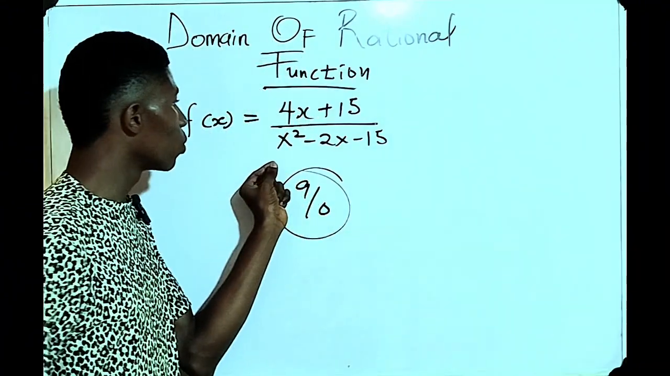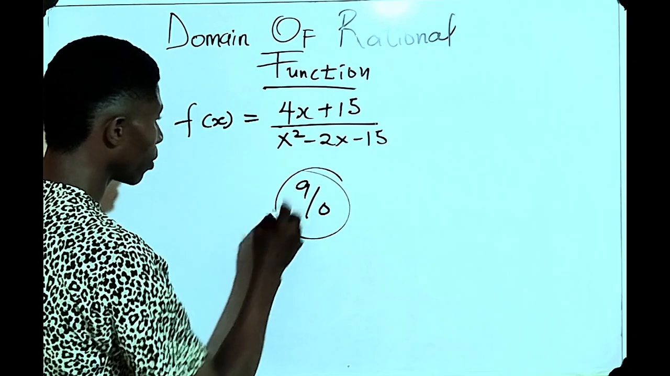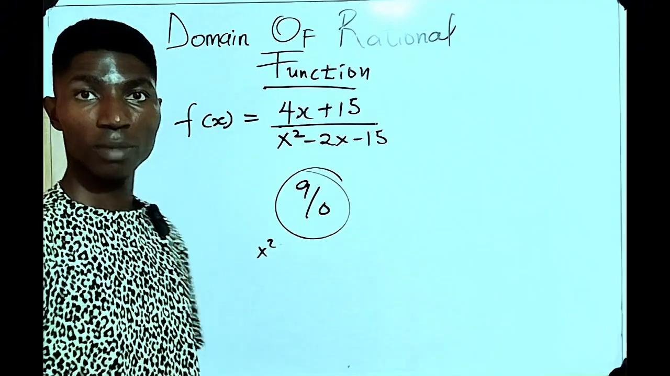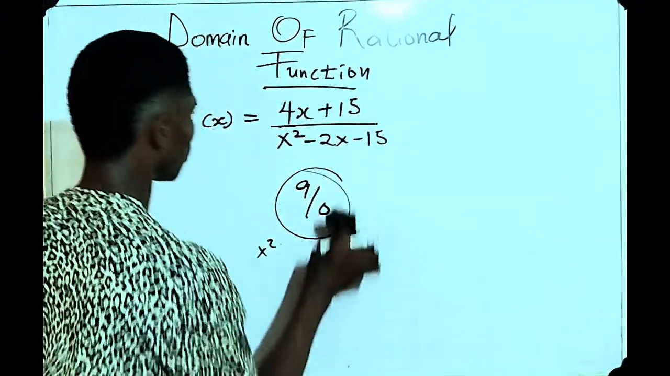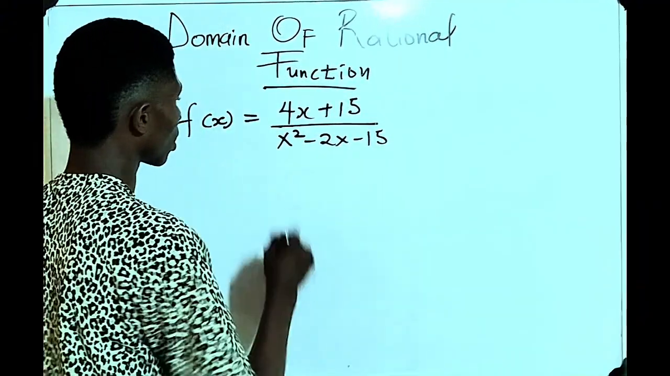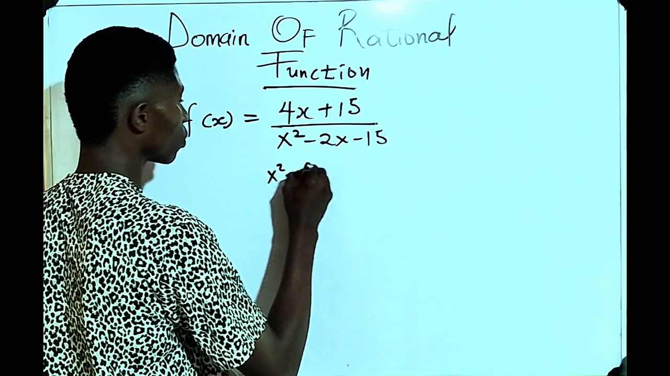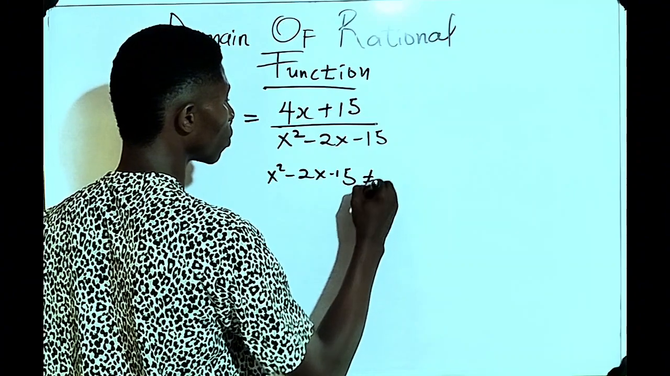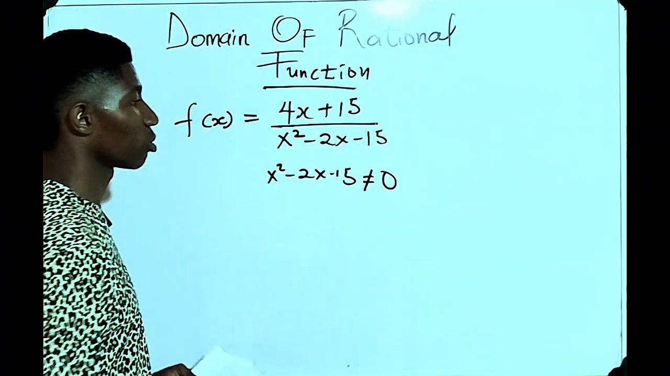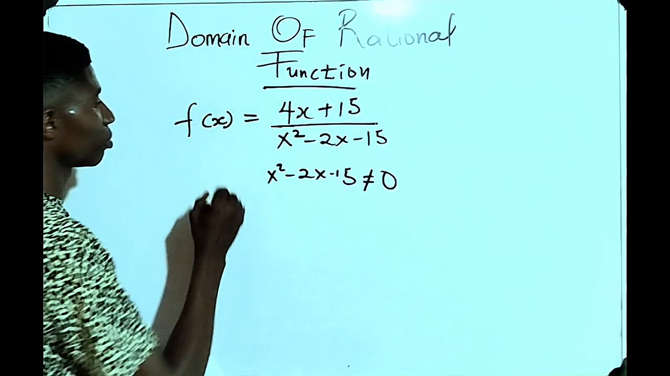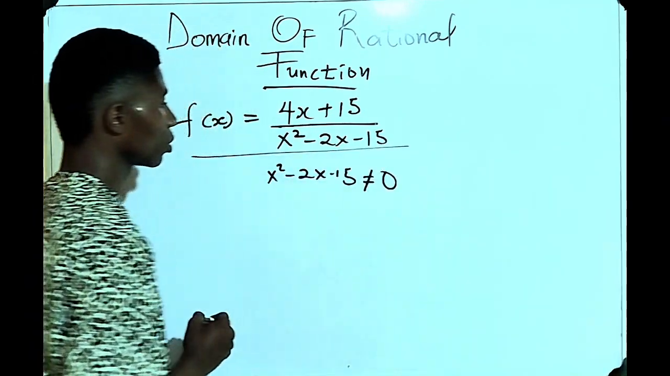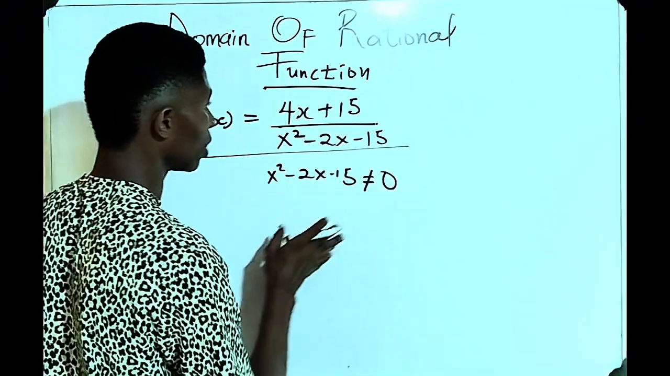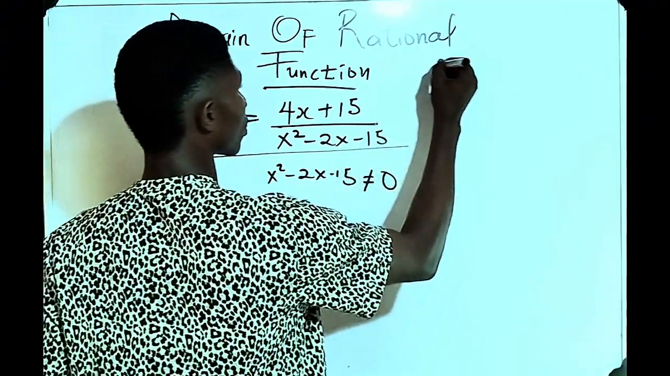Now, we're going to simplify this by saying x squared minus 2x minus 15 must not be equal to 0. So we're going to factorize this. Let me factorize it very fast. I have x squared